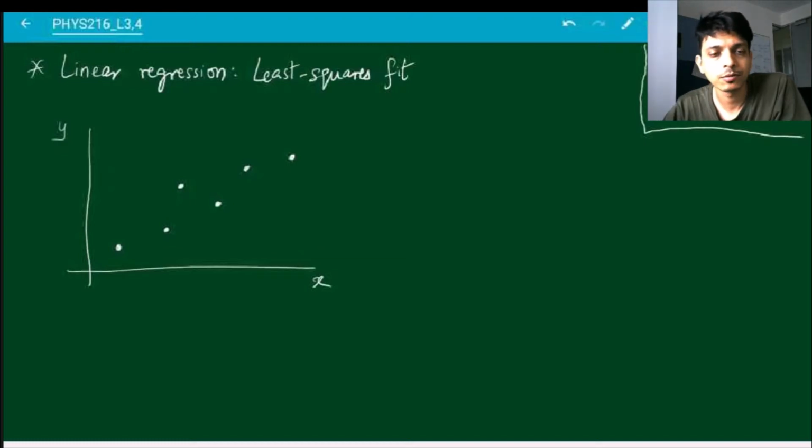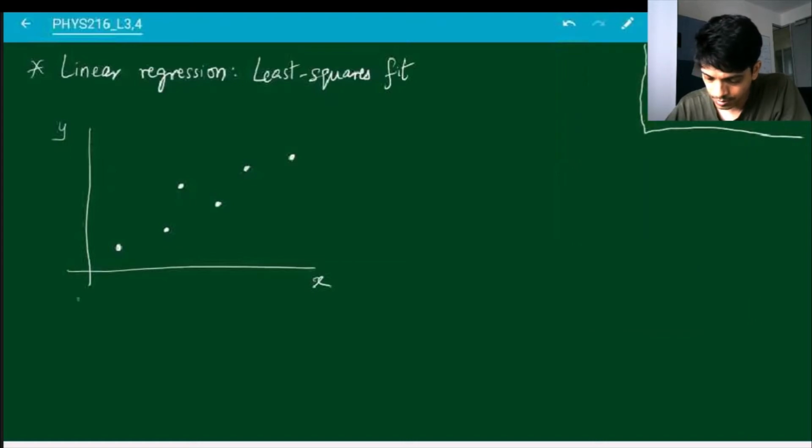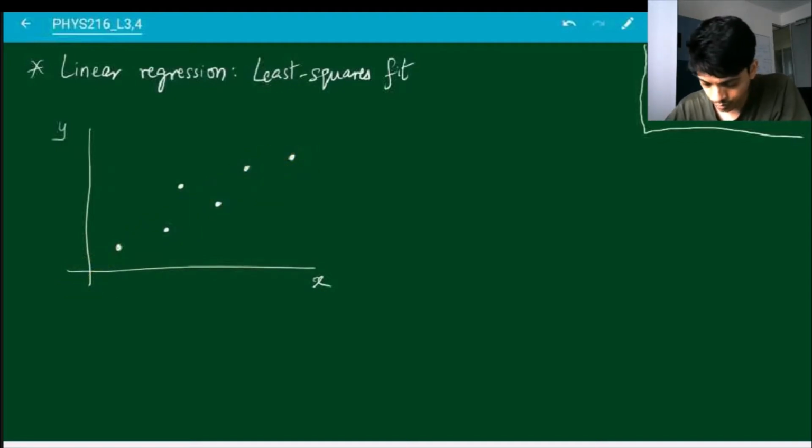And now somehow you want to try and draw a straight line going through these points. Question is, what is the best possible straight line that you can draw? It's not a trivial question, because maybe you could have different kinds of straight lines. Like maybe this one might work, or this one might work, this one might work. So it's not straightforward just to look at these points and say what the straight line should be. So that's what we're trying to do right now. We're trying to find out what is the best possible line that you can draw through these points.